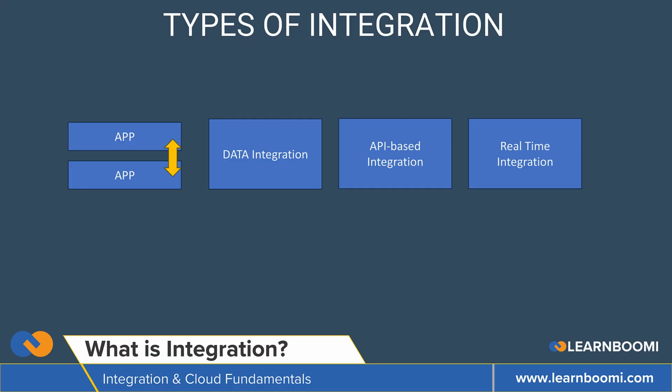But I'm giving a very high level definition to tell you that applications also can talk to each other based on the APIs. And what is it? It is like an interface that allows an application to communicate with each other. Next is the real-time integration. In this real-time integration, data moves instantly, like an SMS service, which arrives the moment you book a ticket. You get an SMS, also an OTP, right?